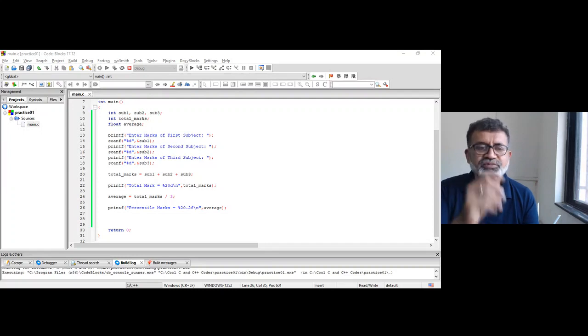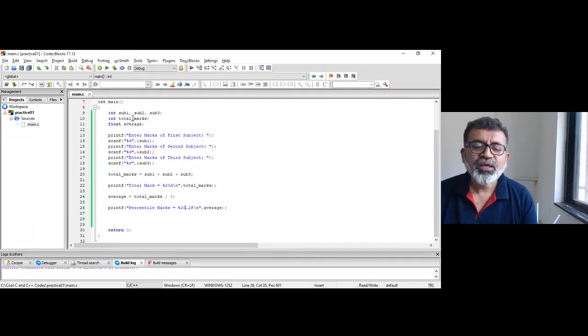See here, it's total marks, right? If you want to take this one below the other, 165 exactly below this, you have to play along with that format specifier and width, because this is called a width, right? This is called a width. This is also called a width.